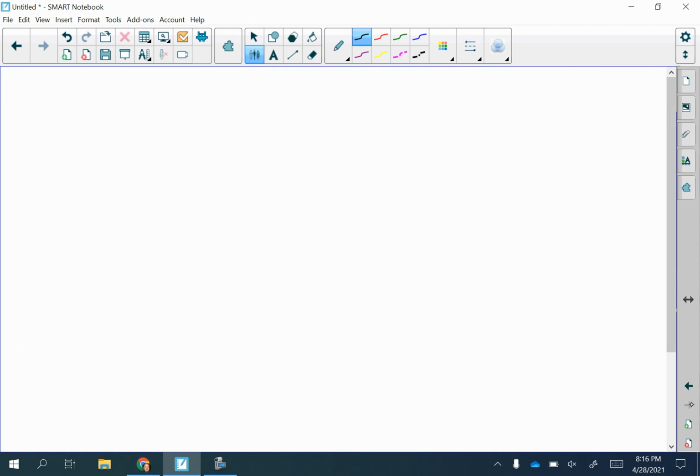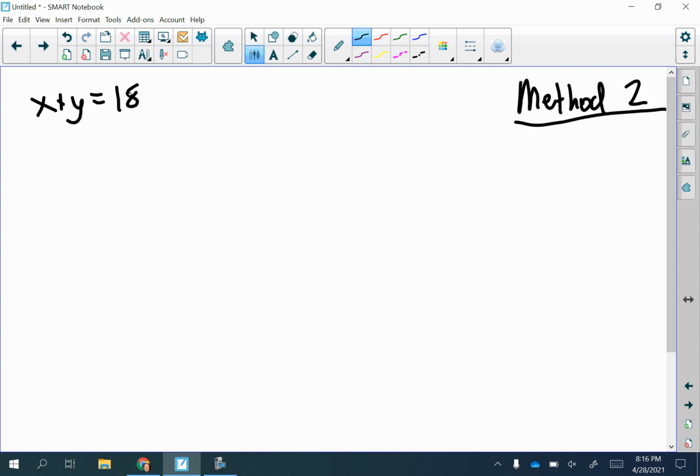Now, go to a blank page here so you can flip this over the back. Let's take one of the first equations we did. We're going to show you a second method, and we're going to call this method 2. Okay, so if I give you x plus y equals 18, and 5x plus 10y equals 125, these are very similar problems to the story problem we used earlier, right? We got 11, 7. We just did x and y instead of t and c, okay? So in method 2, what you can do is instead of converting both to y equals mx plus b, only convert one